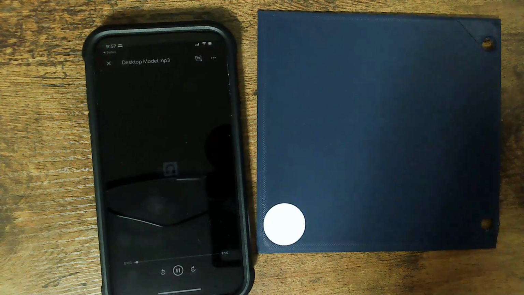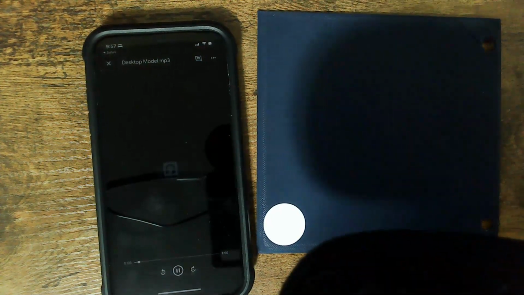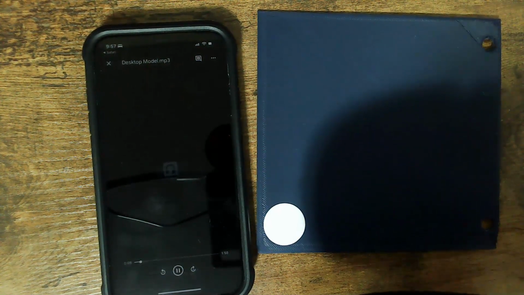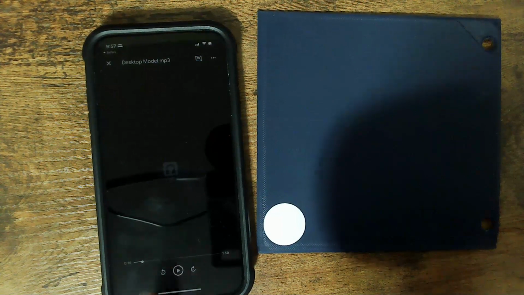Welcome to the desktop model. The desktop has two important areas. First is the actual desktop, the large region taking up almost the